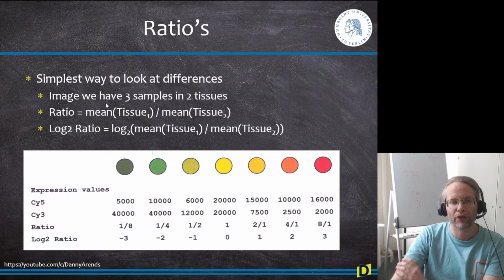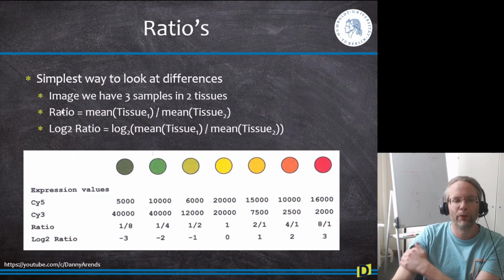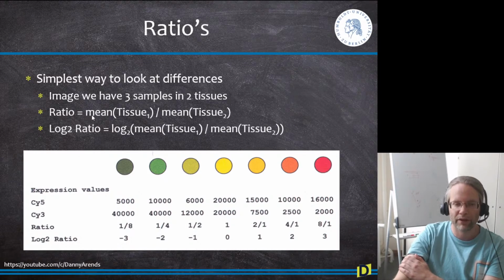So imagine that we have 3 samples in 2 tissues, and we take the ratio, so we take the mean of tissue 1 and divide it by the mean of tissue 2. And then we express this as a log2 ratio, so we just take the log2 of the mean of the first tissue divided by the mean of the second tissue. So why do we do this? Well, we do this